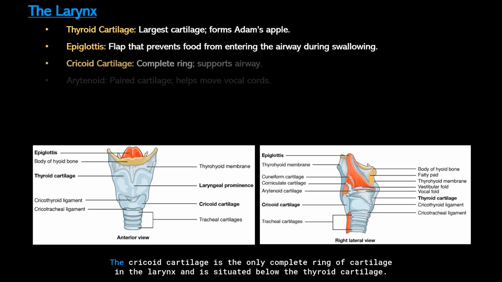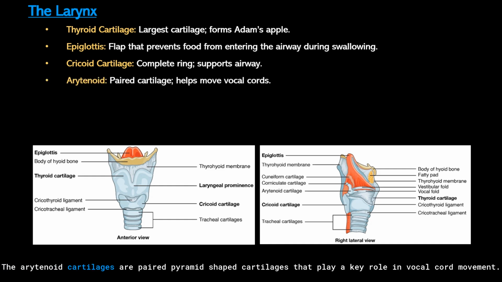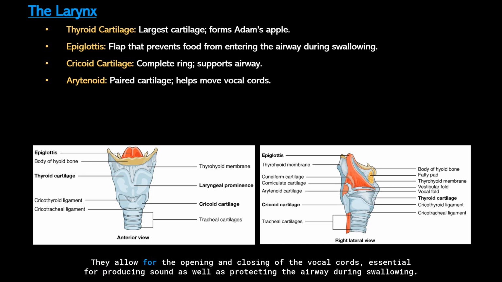The cricoid cartilage is the only complete ring of cartilage in the larynx and is situated below the thyroid cartilage. It provides structural support and connects the larynx to the trachea, helping maintain an open airway for respiration. The arytenoid cartilages are paired, pyramid-shaped cartilages that play a key role in vocal cord movement. They allow for the opening and closing of the vocal cords, essential for producing sound as well as protecting the